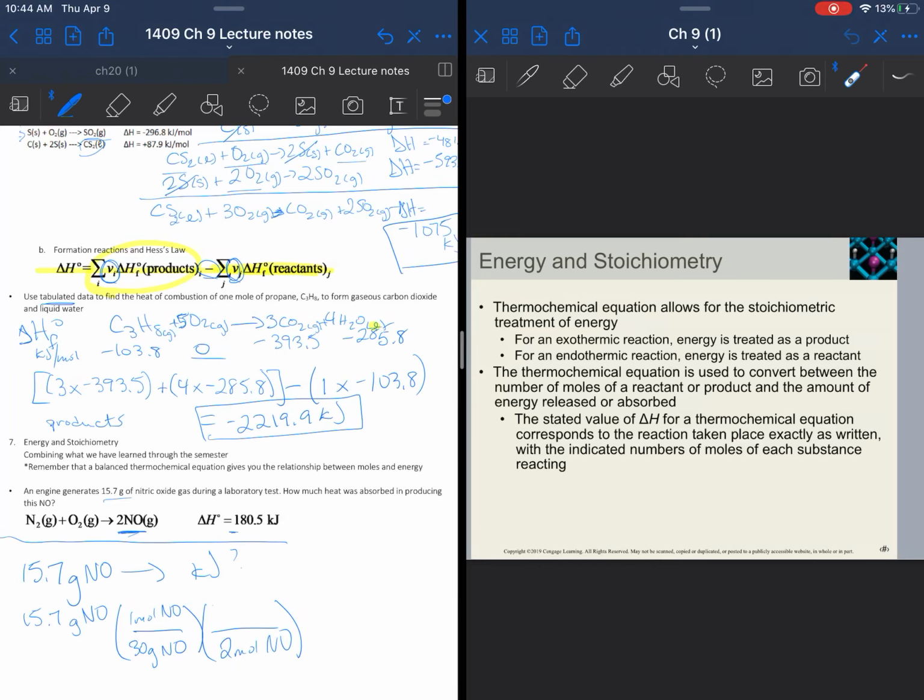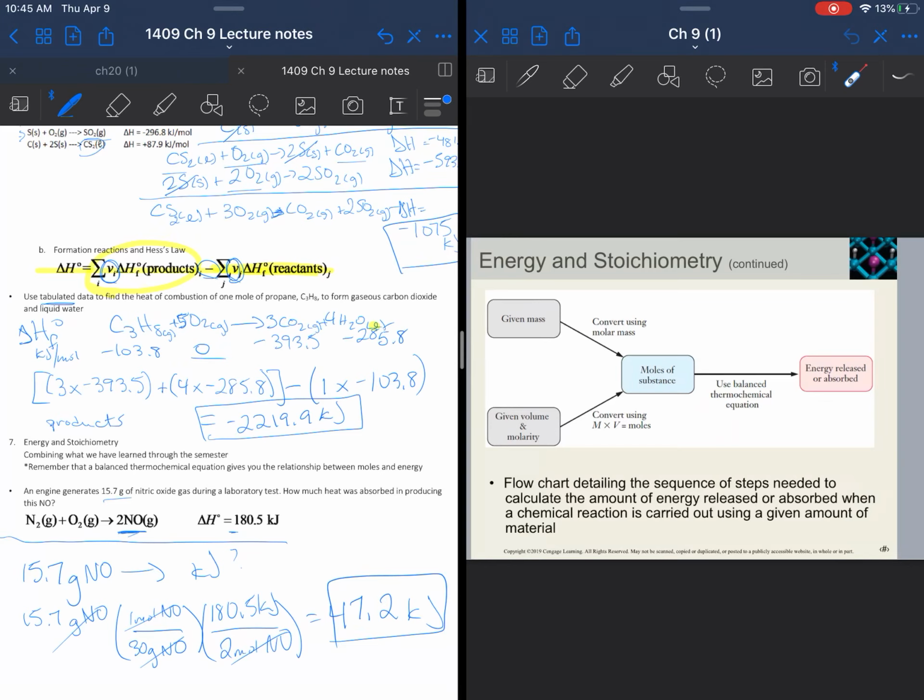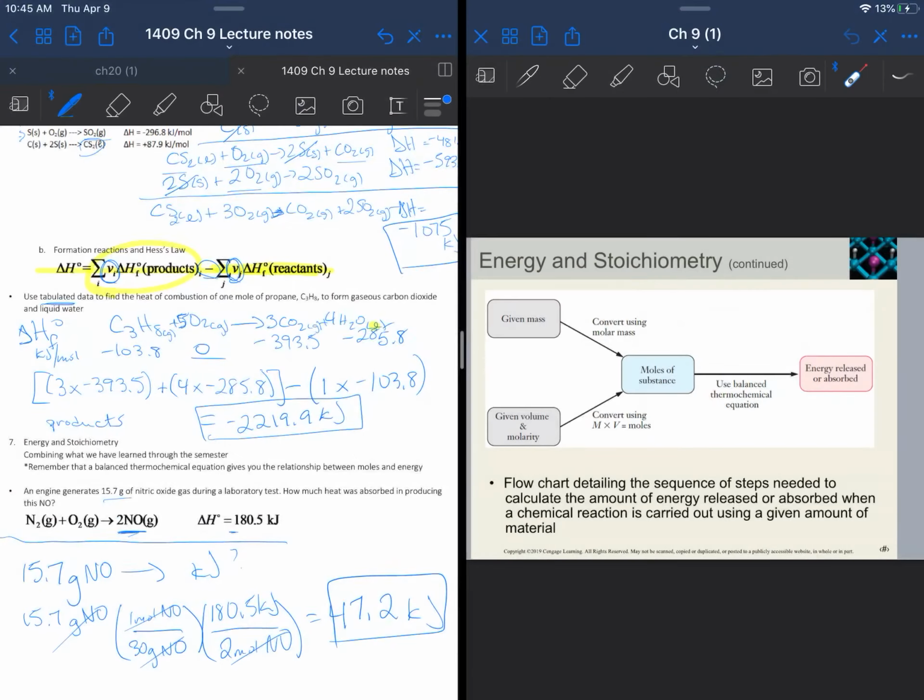There are 30 grams of NO in every mole of NO. And then the stoichiometric relationship to energy is 2 moles of NO require 180.5 kilojoules of energy. If we solve, moles of NO and grams of NO cancel out, and we find that the amount of energy needed is 40